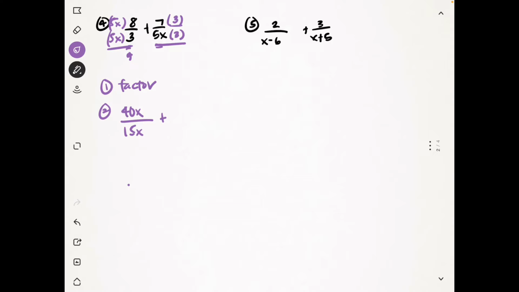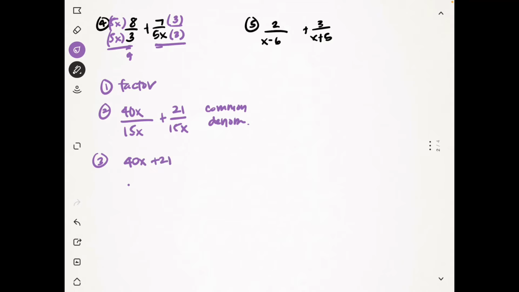Then we have on the right side 7 times 3 is 21 over 5x times 3 is 15x. Now that we have common denominators, which is step 2, we can add. So we have 40x